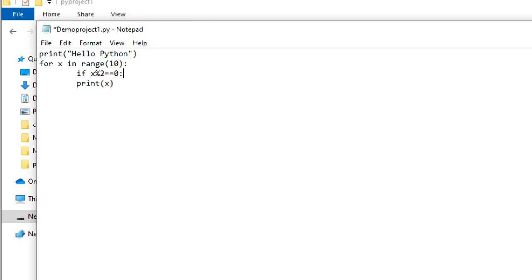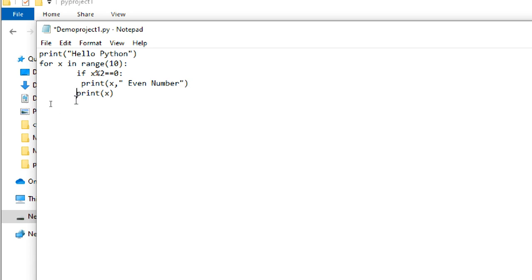I already practiced this in the morning, no problem. Okay, then print x comma even number, something like that.